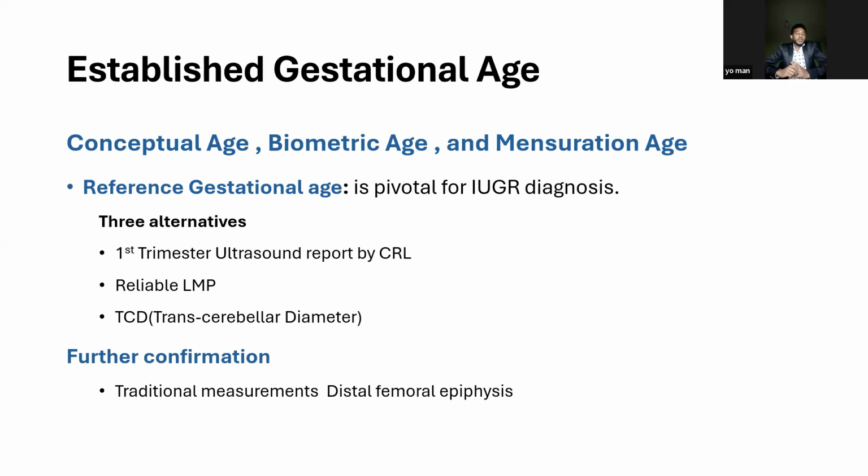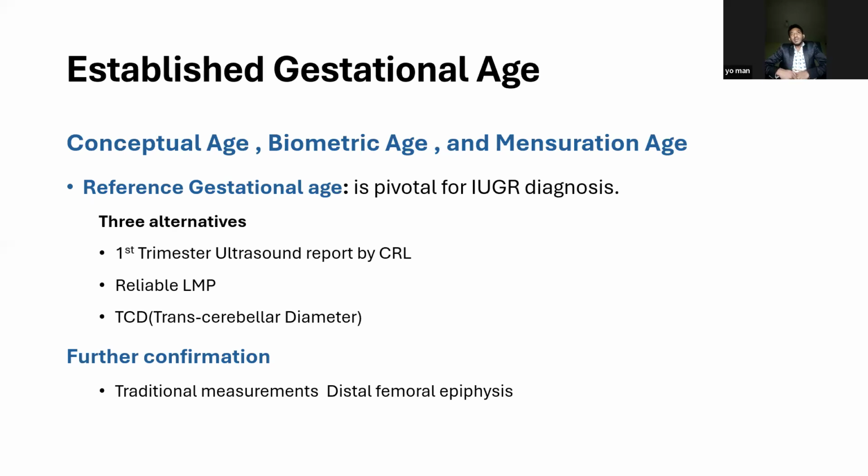So we found those numbers, and as I told you before, it is the most important thing. If you don't obtain the exact gestational age of the fetus, you might be mistaken in the diagnosis of small for gestational age and FGR, as well as other Doppler parameters, because those parameters are compared using reference standards of those three established gestational ages. Okay, so